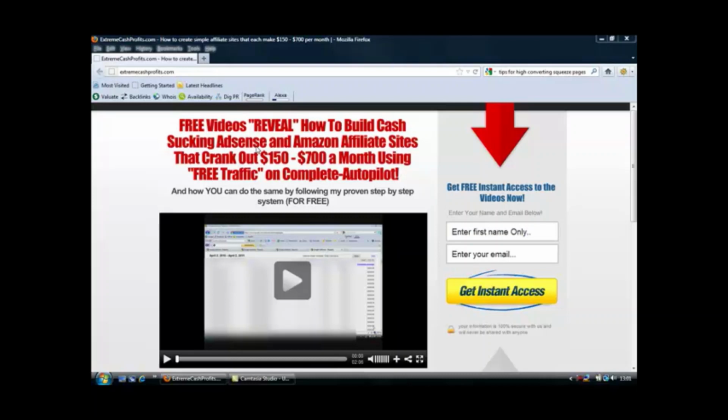So the first tip is to use power words in your headlines. This is imperative that you do this, because without power words your headline won't look very exciting, and it's not going to pull people in, and people aren't going to want to stay. It's just a fact. Headlines need to pull people in,